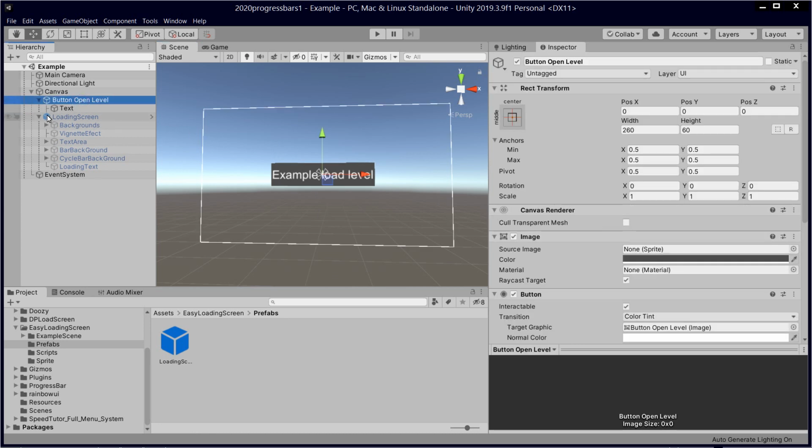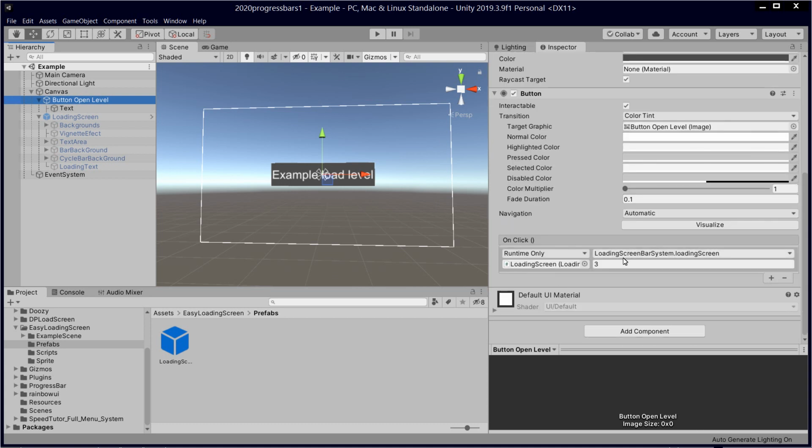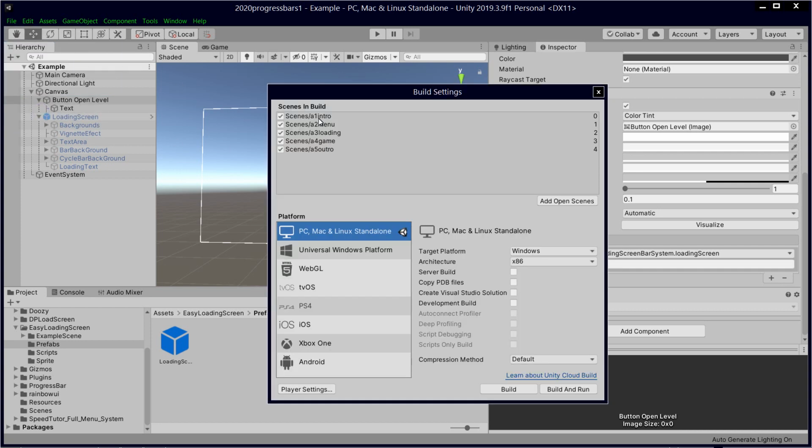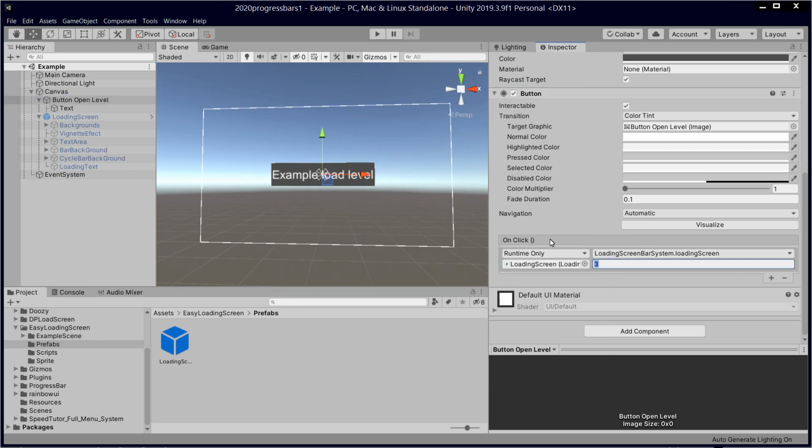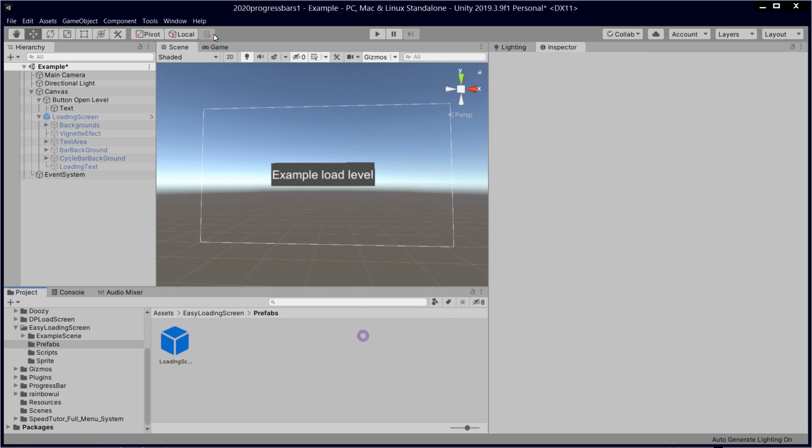So how's it working? Well, if we go into button and look at the loading screen bar system dot loading screen, so it's loading in something, and we're giving it a 3. That should immediately tell you that's going to scene 3, which starts at 0, so it goes 0, 1, 2, 3, so it's actually scene 4. So we go to the build order, file, build settings, 1, 2, 3, 4, it's that one. So it's 0, 1, 2, 3. So if we change this on the button to 0, and then we hit play,